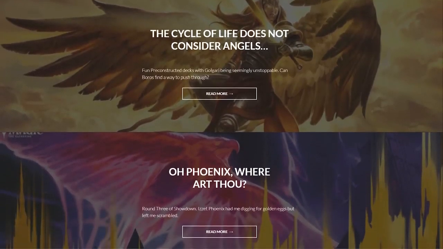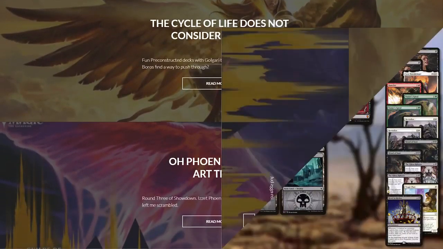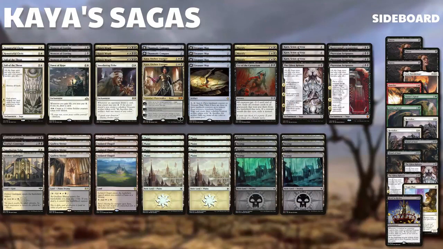So let's jump into the deck today and see what we're playing with. This is Kaya's Sagas, and it's a deck that I've had so much fun playing already. It's based around Kaya and her -5 ability, so you want to exile as much as you possibly can from your opponent, lock them out of the game, and then hit them with the -5, hopefully dealing 10-20 damage. You can do it twice if you need to, normally, because you're going to have such a lock on the